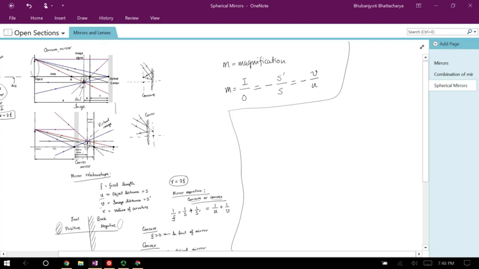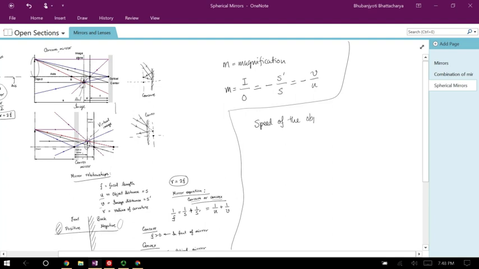But now let's see what happens if we start moving our image or object. So if I start moving my object, our image will clearly move. What if you're asked to find the speed of the object or the speed of the image relative to the object? So how do we get to that? Well, let's try to see what the speed could mean, right? So the speed of the object. What can the speed of the object